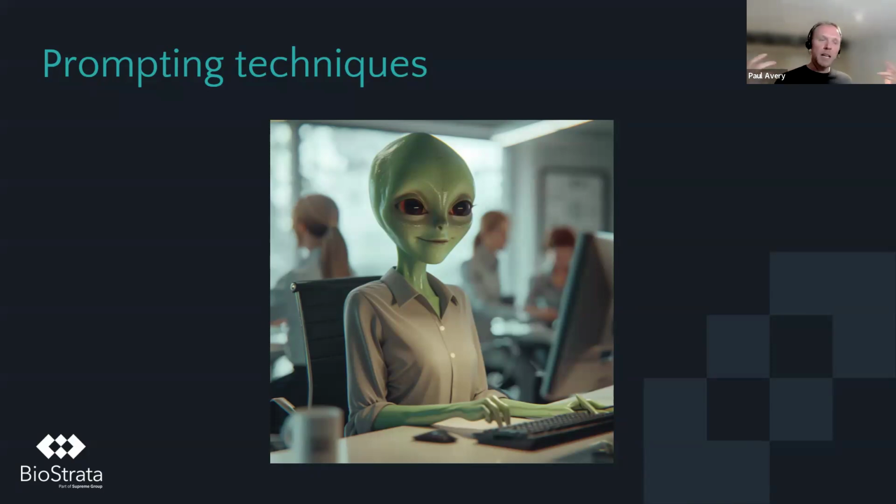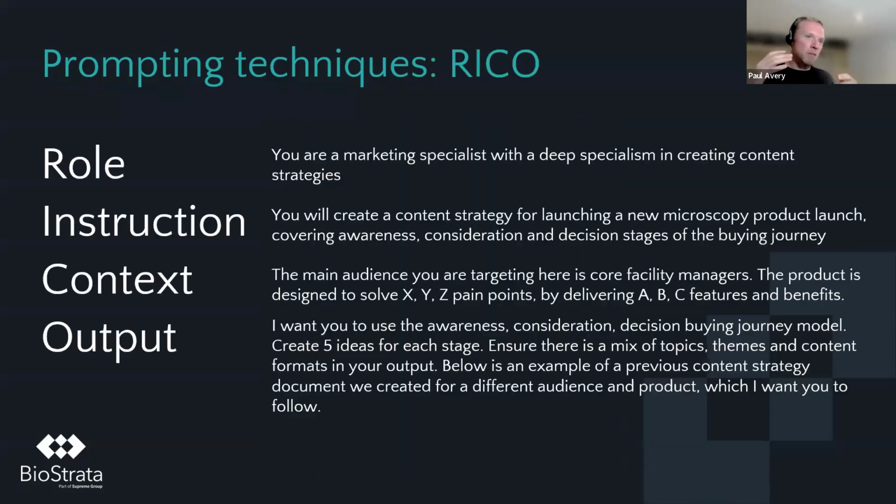They're extremely enthusiastic. They want to do loads of great work for you, but they don't really understand the world like humans do, so they'll often get things wrong or run off in completely the wrong direction. Perhaps the single most powerful thing that you can do is to use RICO. This is a prompting technique where you give the AI a role, you give it an instruction, you provide it with some context, and you tell it what you want the output to look like.